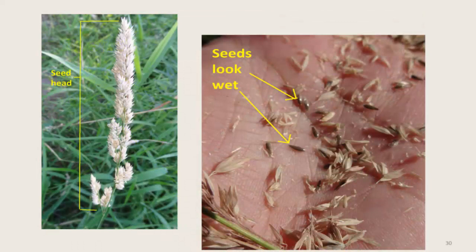Reed canary grass can be a problem in areas that you want to restore. It is very invasive and chokes out other plants, decreasing the plant diversity. However, it's good at erosion control because it forms a dense mat that helps keep the soil from eroding away in high water events.